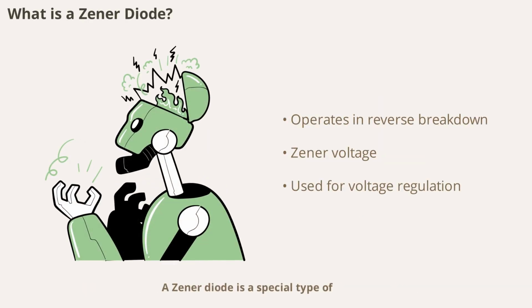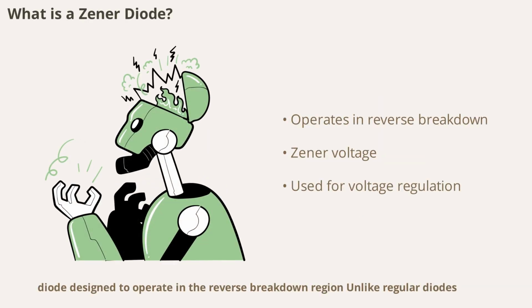A Zener diode is a special type of diode designed to operate in the reverse breakdown region. Unlike regular diodes, Zener diodes can conduct in reverse once a specific voltage, known as the Zener voltage, is reached. This unique property makes them ideal for voltage regulation and protection circuits, ensuring that sensitive components are not damaged by